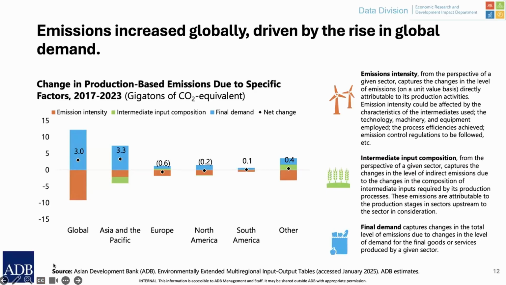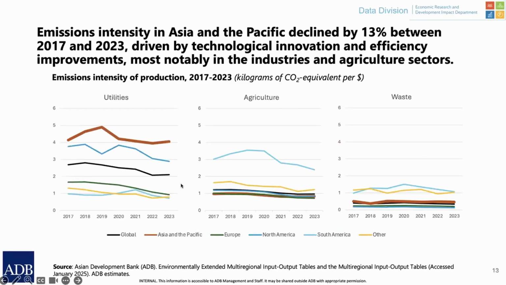So here we see that while the decline in global emissions intensity from 2017 to 2023 reflects technological progress and structural efficiency, the overwhelming growth in economic demand underscores the challenges of achieving absolute decoupling, or reductions in total emissions. So without coordinated efforts to curb growth in final demand or radically improve emissions efficiency, global emissions are likely to continue rising. It is also noteworthy that although the overall emission levels have increased in Asia and the Pacific, the